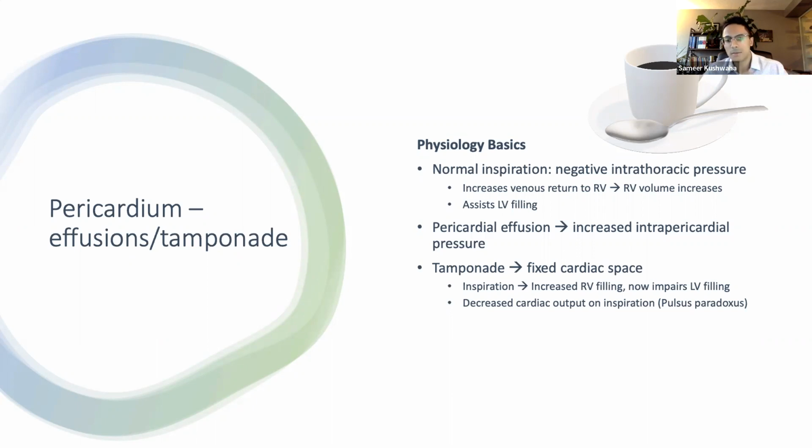this occurs in the confined space, and it impairs left ventricular filling by causing deviation of the septum towards the left ventricle. Because it also acts to shield the heart a little bit from the intrathoracic pressure changes, there is less of a pulling effect on the left ventricle when we take a breath in, and so it is less able to assist the left ventricular filling, which in combination with the changes in the right ventricle, impairs cardiac output, impairs stroke volume, and decreases our blood pressure, causing the classic finding of the pulsus paradoxus.